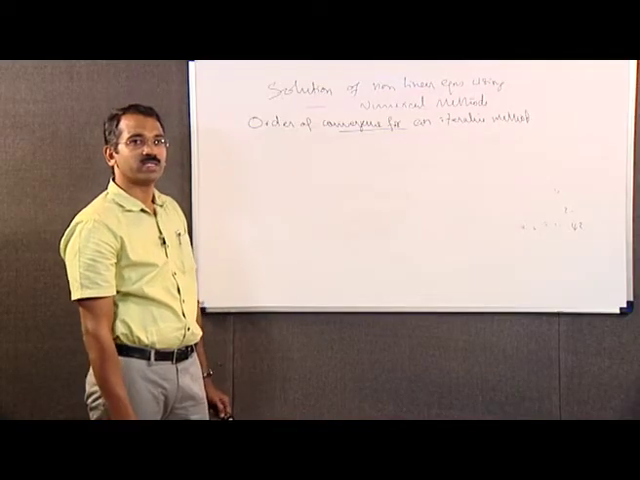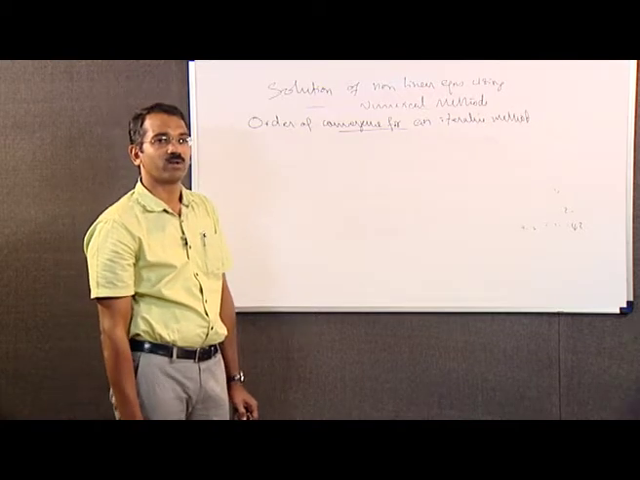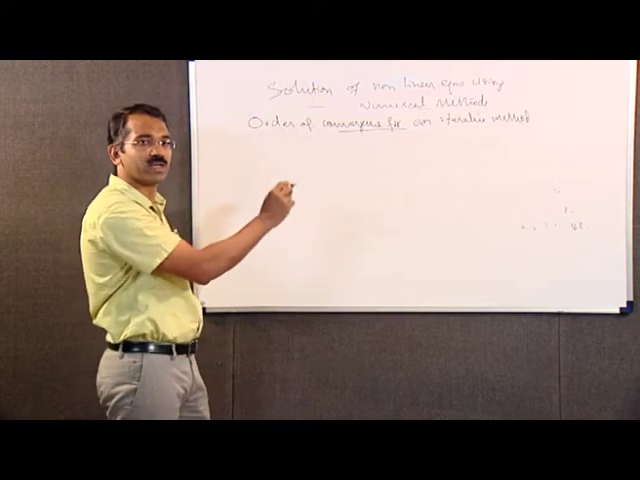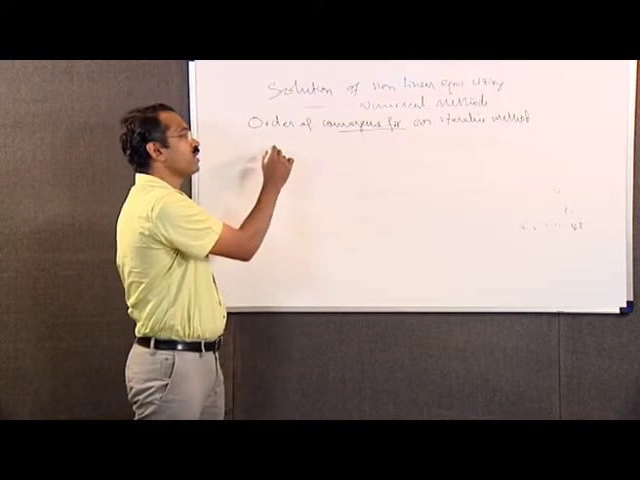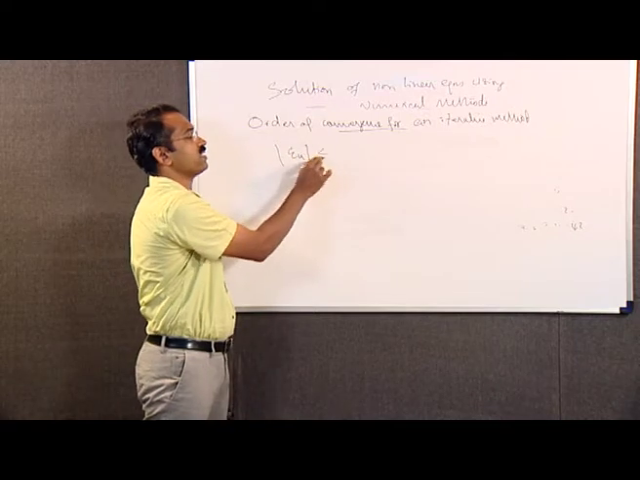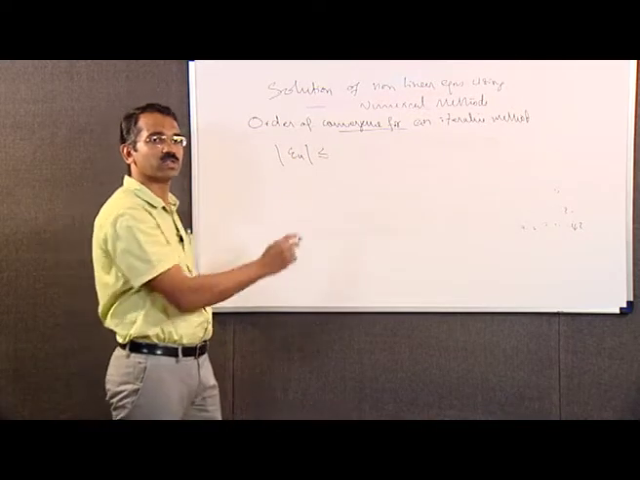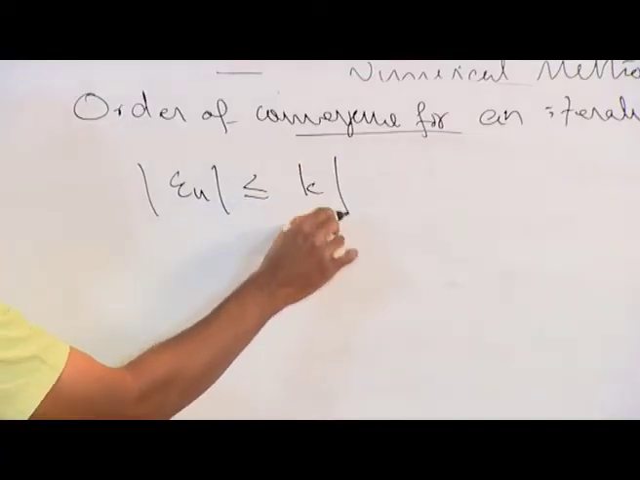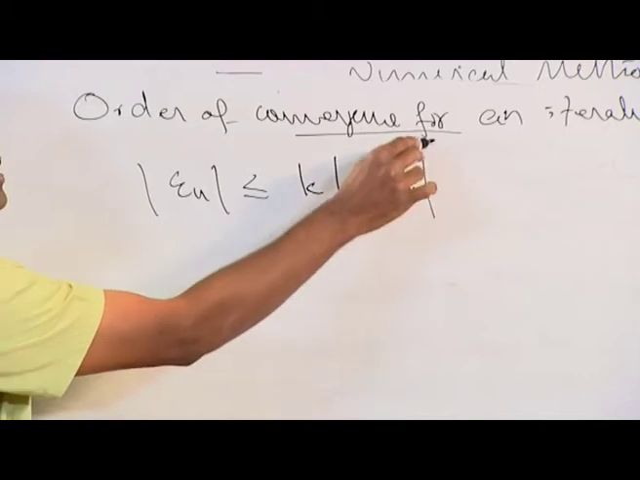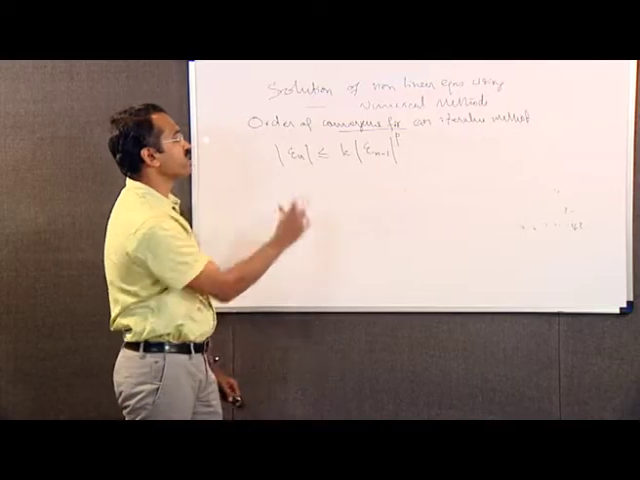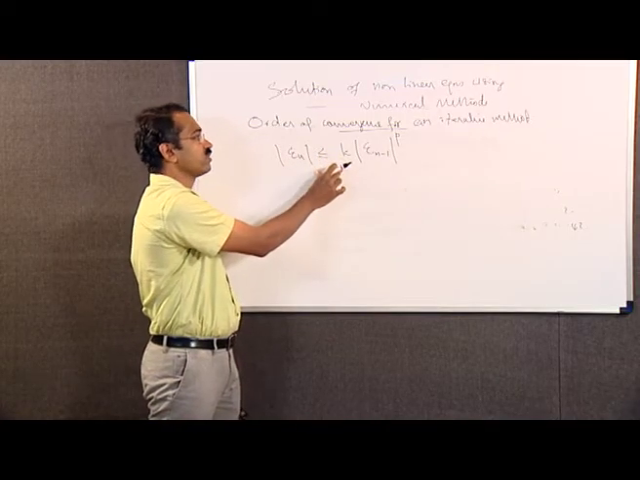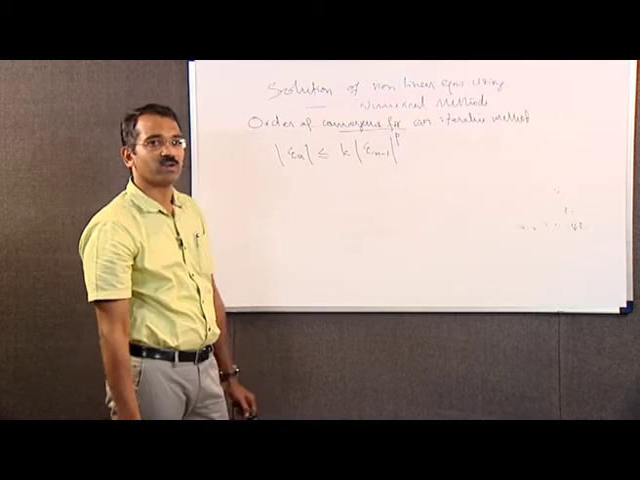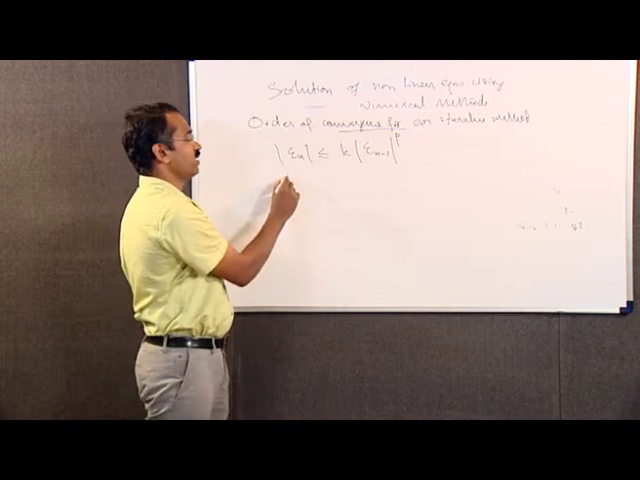An iterative method is said to be of order p of convergence if p is the largest positive real number such that modulus of epsilon n is less than or equal to k times modulus of epsilon n minus 1 raised to p. If this condition holds, we say that the order of convergence is p for the iteration method. Here k is a